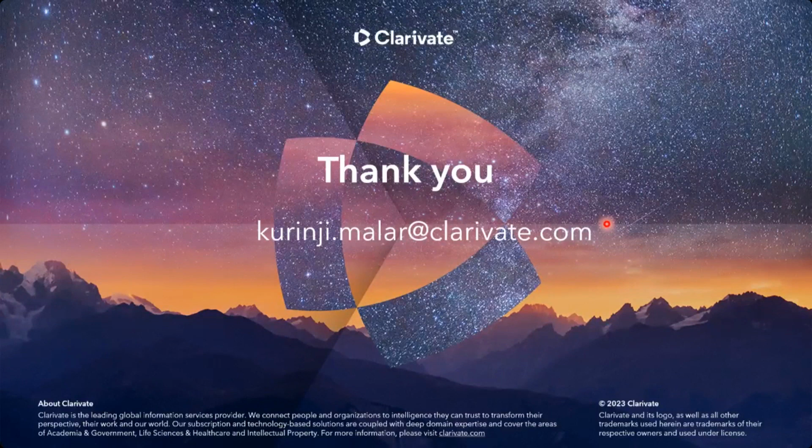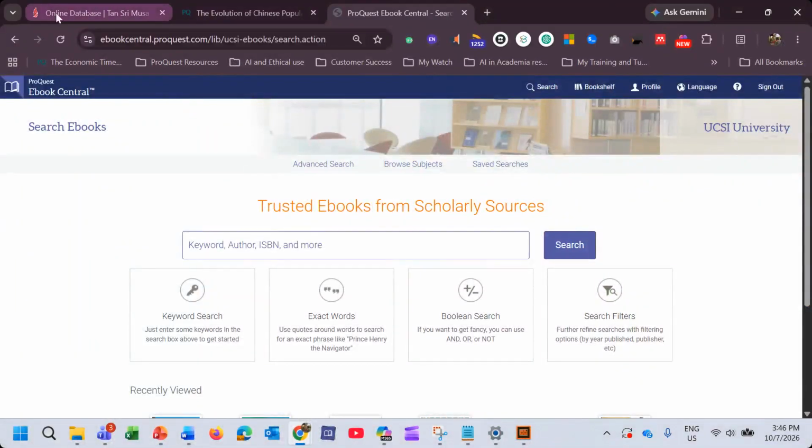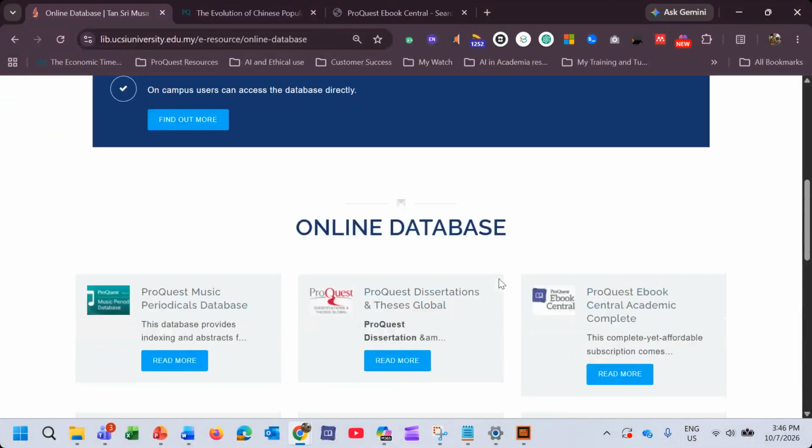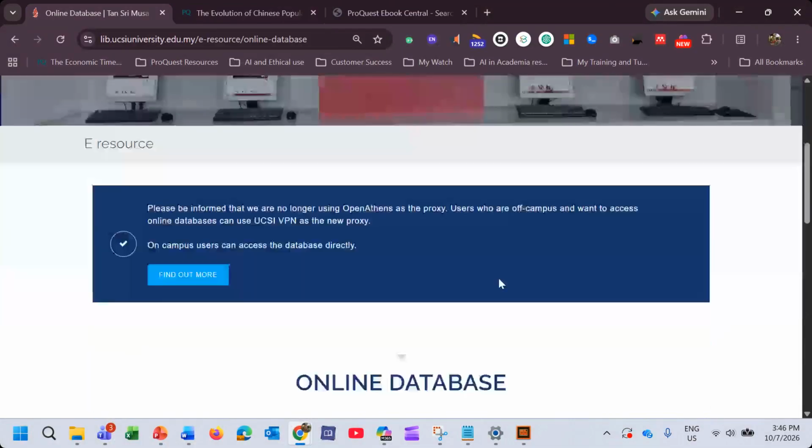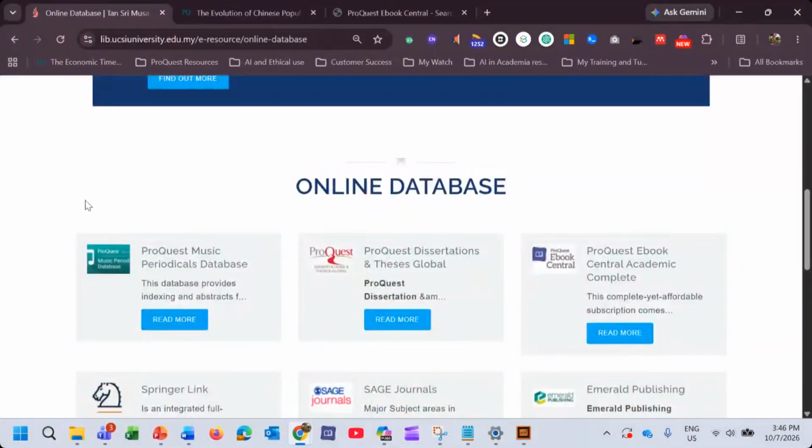So the first thing that you need to do is make sure that you have access to the resources from your library. That is the most important thing that I want to emphasize today. Once you have your ID and password to access these online databases, navigating is much easier, because in this digital era it's very easy for you to navigate, and you can use the AI assistants to find and digest information.